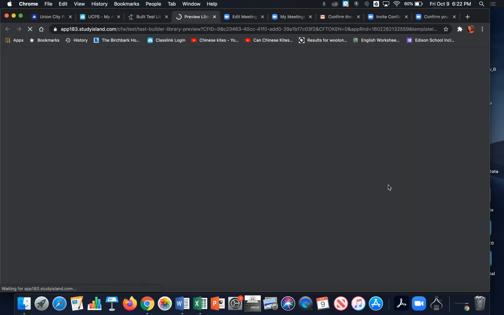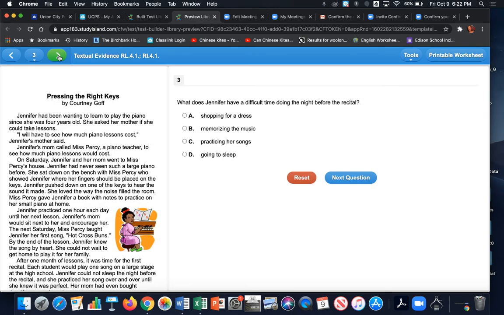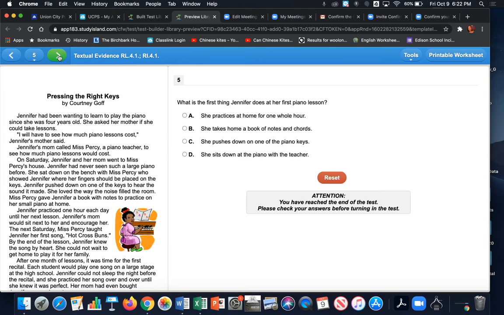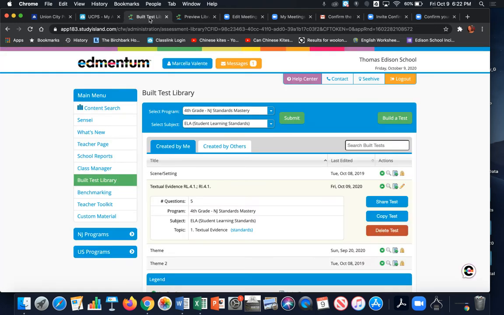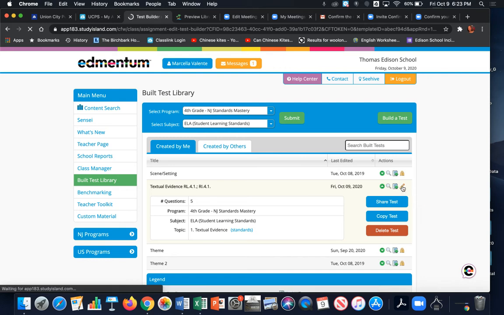You're able to click on the magnifying glass, and that's going to open the test for you. So you'll get to see the questions that you did choose for that assessment. If you created it a while ago, that opens it up in a different tab in your browser. So to get back to the actual assessment that you want to assign, you have to go back to the tab that you were in. And then you'll notice the fourth one. I'm going to skip the third one for now. The fourth one is a pencil